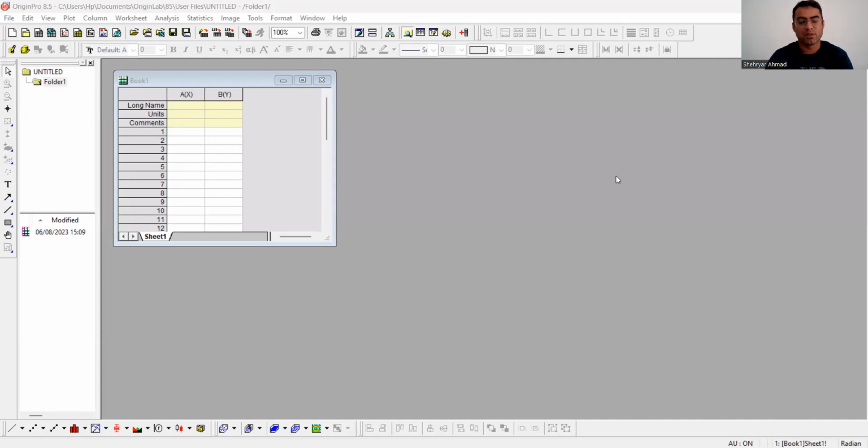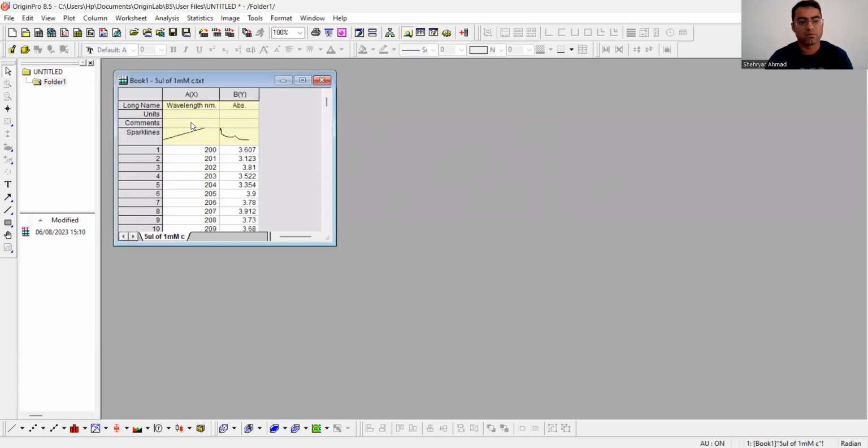So today we will learn how we can draw UV graph using Origin software. So here first we have to open our Origin software. Then we will take values from our sheets where we will add it. So I want to add more values